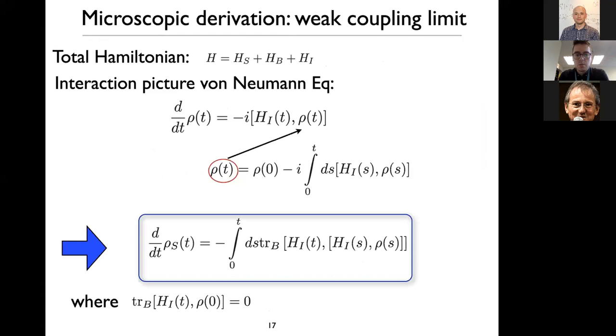I won't go over too many of the technical details again, but basically the way that we began to derive this master equation is that we formally integrated the von Neumann equation and then plugged its solution back into the right-hand side of the same equation, and then took the partial trace over the degrees of freedom of the environment, so the partial trace over B. If we assume this relation at the bottom holds, then we had an equation of motion for the reduced density operator rho S which is independent of the initial state of our system environment. So once we had derived this equation of motion for our reduced density matrix rho S,